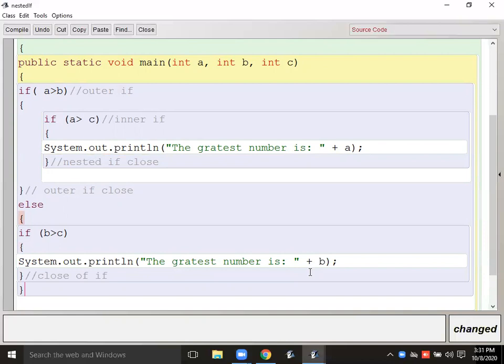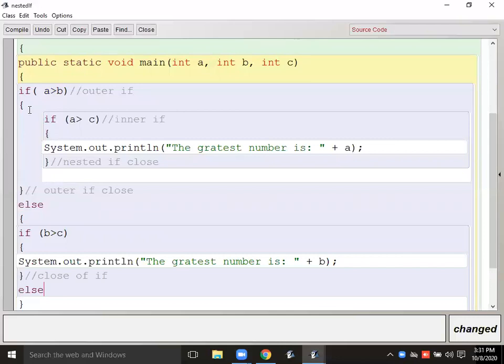Now, we can do one thing also. When are we going to display that C is greatest or what? See, if the A is greater than B, then this condition is going to be checked with the C. Now, if B is greater than C, then only B will be greatest. Otherwise, in this else I can write.